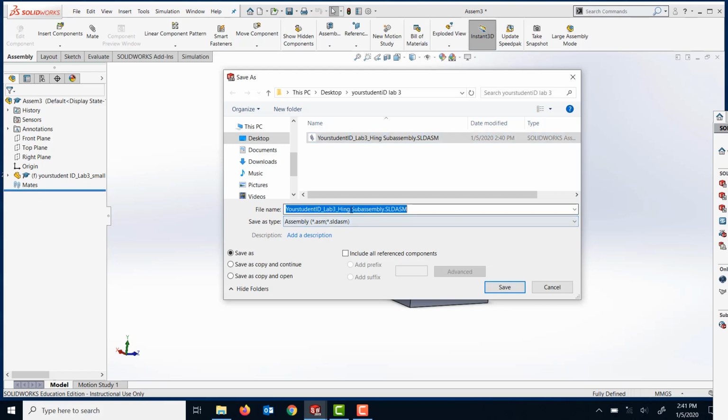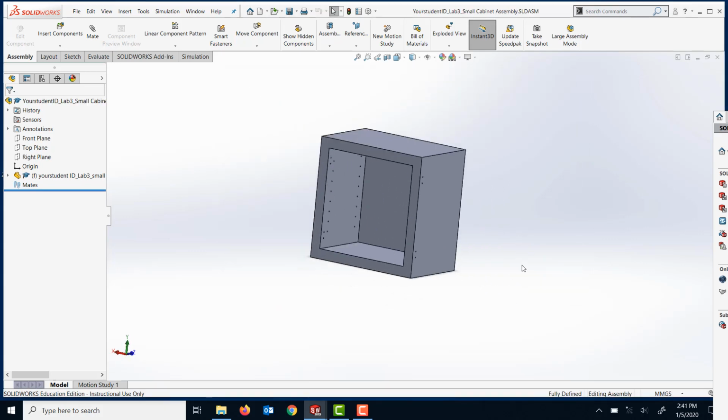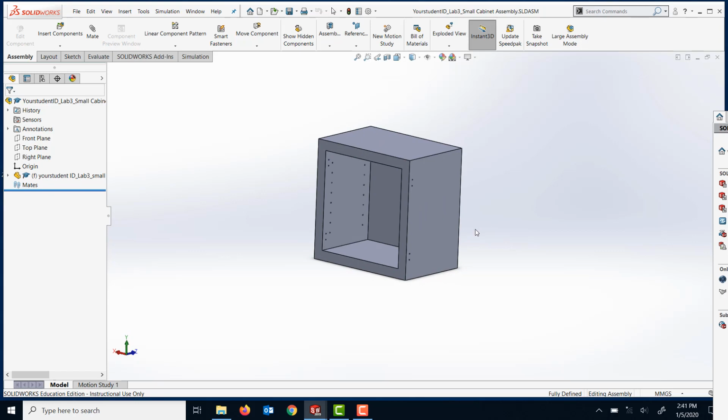I'm just gonna select that. I'm gonna modify the name there, and this will be small cabinet assembly, and your student ID lab 3 small cabinet assembly. So I'm just gonna save this, and now I'm gonna bring in the other components to make the assembly. So the first part that I'm gonna bring in is